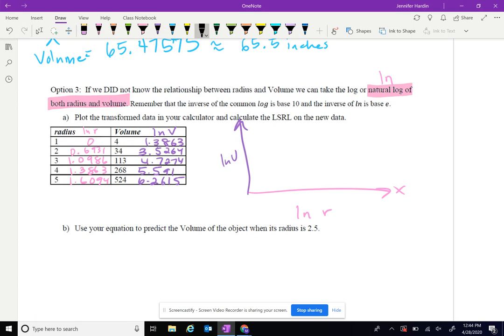Okay. If you plot that, just trust, you would get something that looks fairly linear. So if you have this in list 1 and the natural log of the volume in list 2, and you go through and you do your least squares regression line,